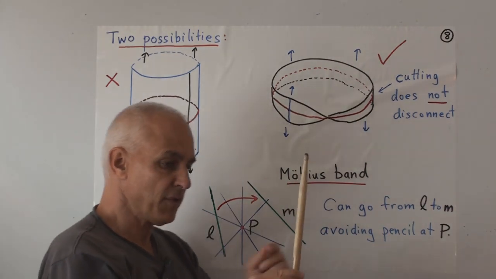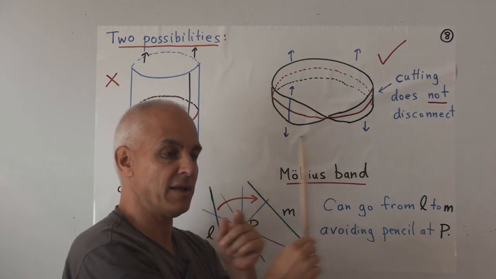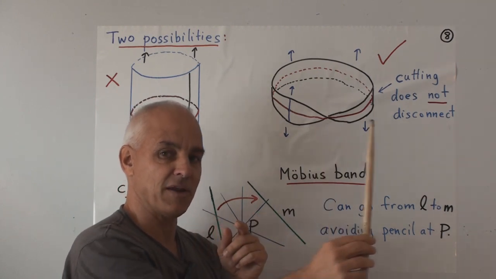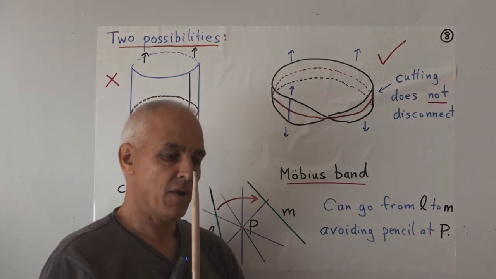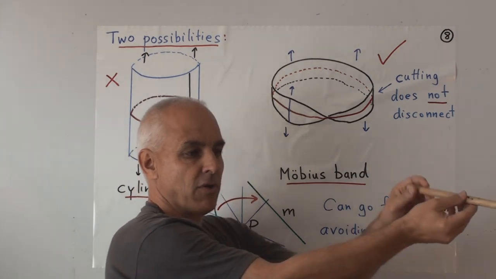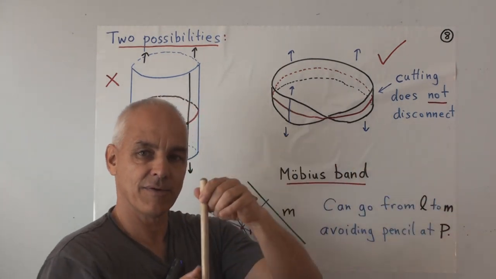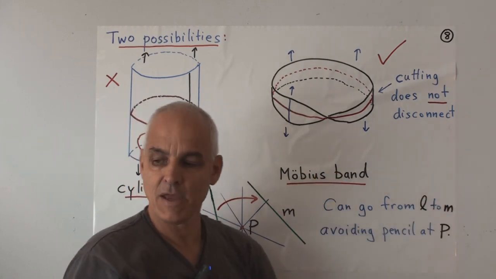So if you think of this as being the vertical line, in the first case of a cylinder we had a situation like this. We had a circle of lines. In the second case we have a circle of lines around like this, but as we are coming around we are rotating like this. Okay? Come around, we're rotating.